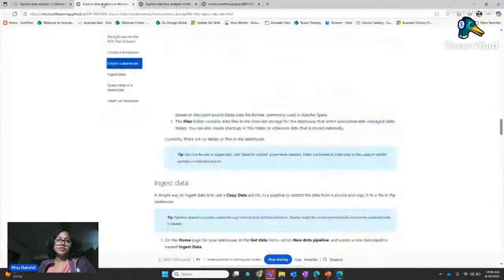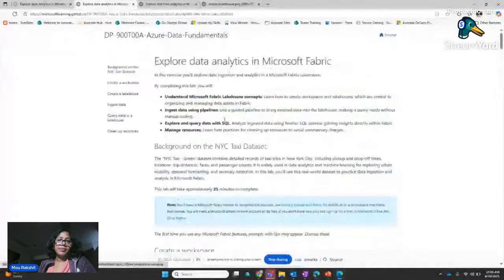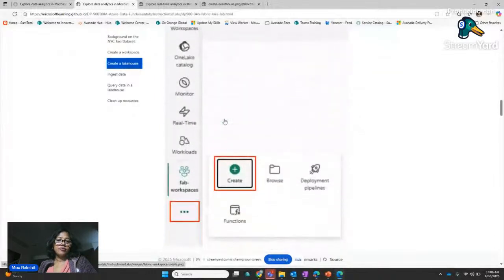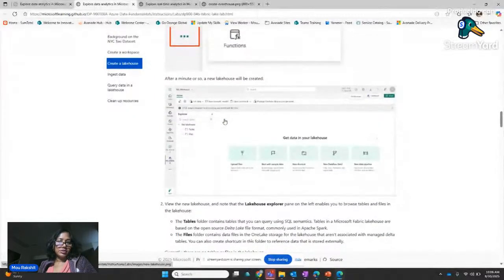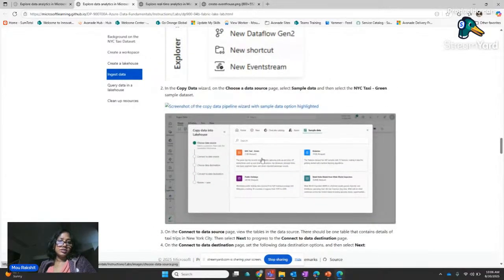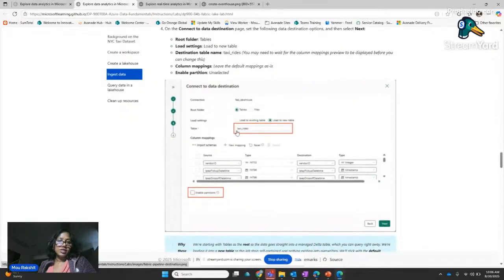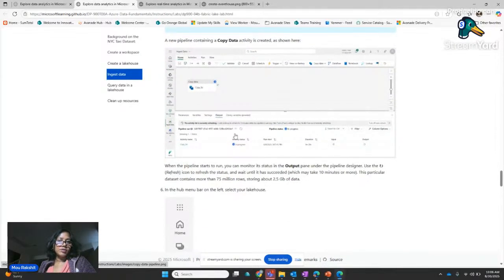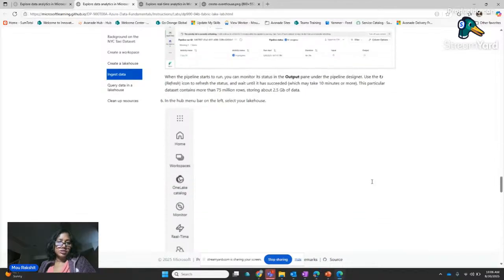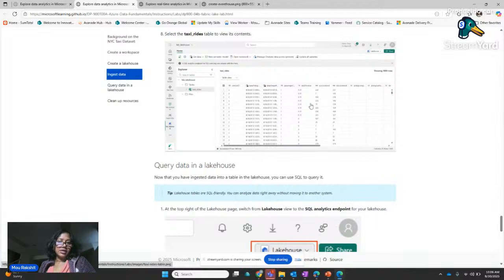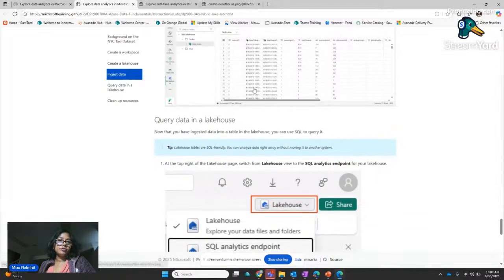Just to summarize, the first one showed you how to create a pipeline. Every time you create a workspace, then you create a lakehouse for your batch processing. In your lakehouse, you're going to get the data. In this case, you got some sample NYC taxi data, using a wizard-driven, UI-driven approach. You created a source and target copy data activity, copying the data from that sample data set into your table, which is a delta table. After you ingested, you queried the table through the SQL endpoint and did visual data analytics on it. So you brought the data in. This is your batch mode.